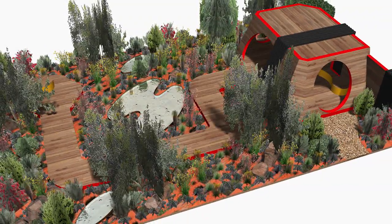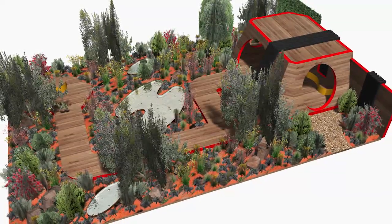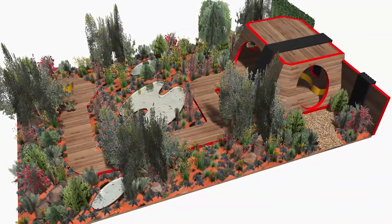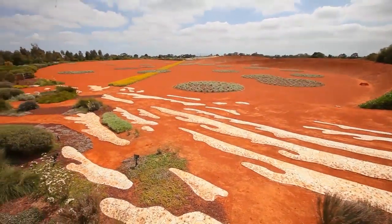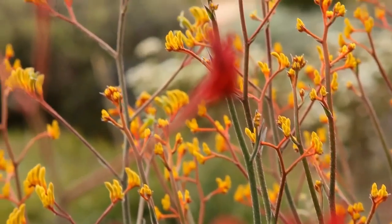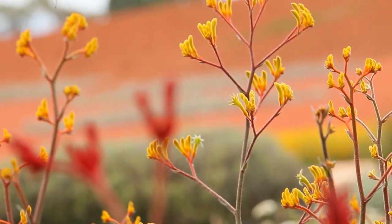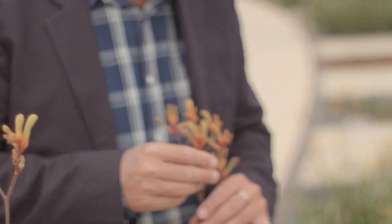Their show garden is called Essence of Australia and celebrates Australian flora and contemporary design as displayed by the Australian Garden at Royal Botanic Gardens Cranbourne near Melbourne. It's part of a wider collaboration between the Royal Botanic Gardens, the Garden State of Victoria, the Northern Territory, Trailfinders and Qantas. The man who designed it is Melbourne-based Jim Fogarty, a winner with the Australia Garden at the 2011